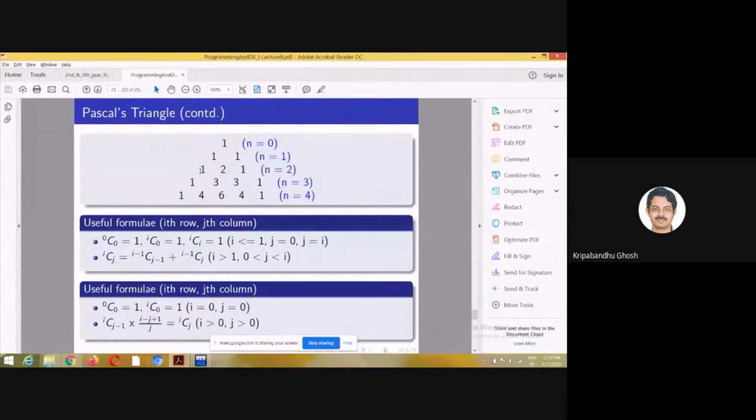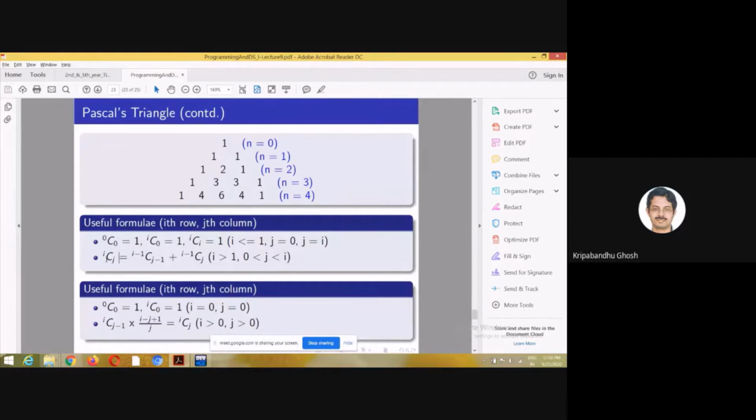Here, 0, 1, 2, i equal to 2, and if you use this, for j equal to 0, it is 1, and for j equal to 2, 2C2 is also 1. Otherwise, you use this formula iCj. So i is the row and j is the column.